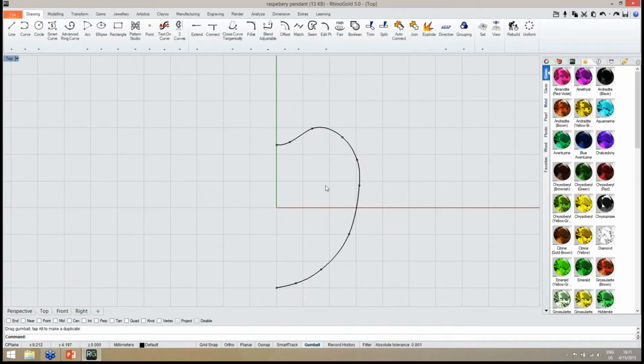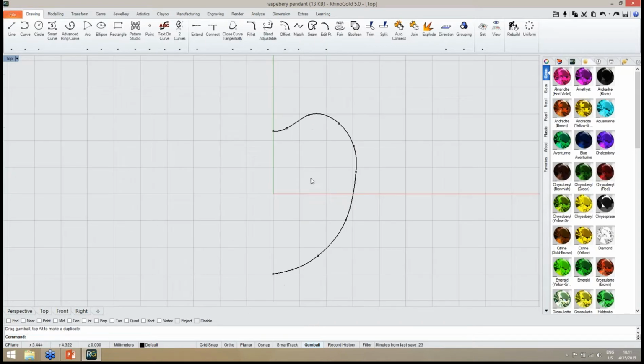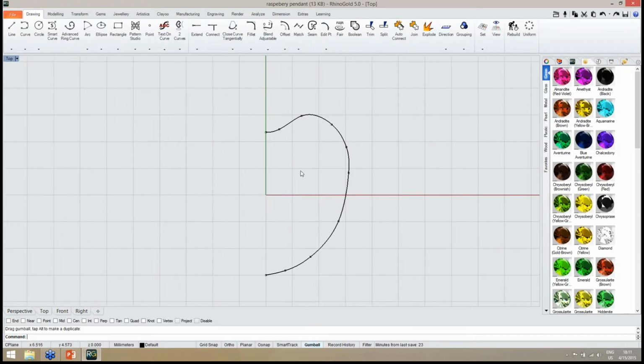After we go out of the edition, I just need to press escape from the keyboard. And also we have this fair tool. As you can see, this tool allows us to smooth the curve even more. So if I select fair curve, I just need to define the curves to fair. So I select, in this case, this curve, enter, and of course the tolerance, the distance between the original curve